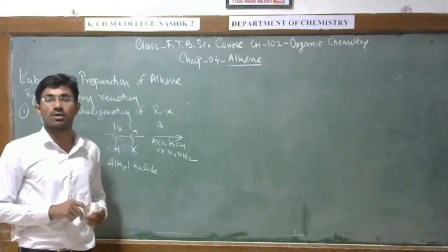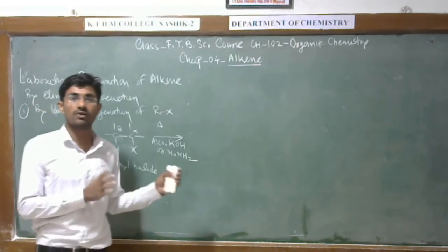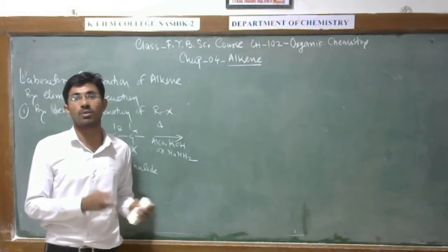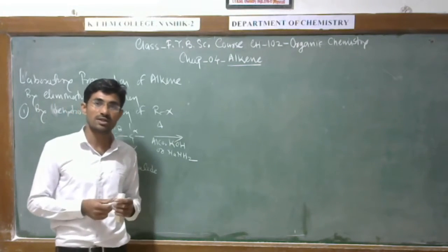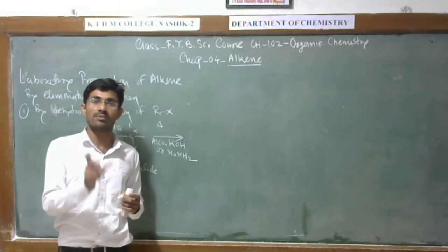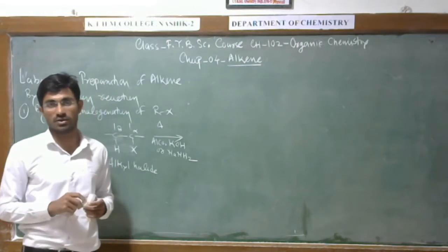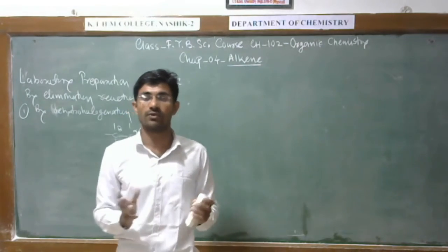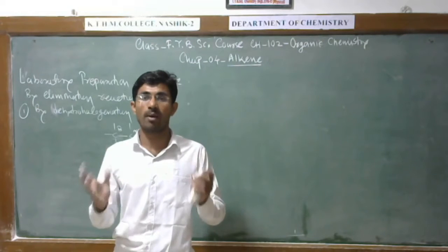From the alpha carbon we eliminate the group X, meaning the halogen atom, and from the beta carbon we eliminate the hydrogen. So this kind of elimination is called the beta elimination reaction. The hydrogen atom is eliminated from the beta carbon. So when an alkyl halide compound is heated with alcoholic KOH solution or sodium amide solution,